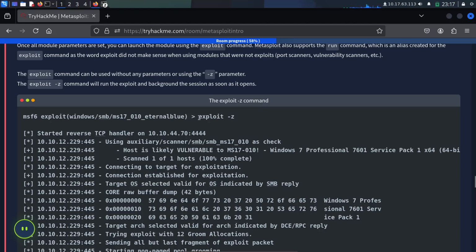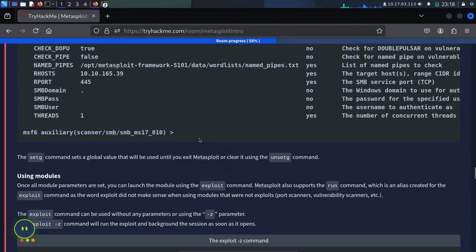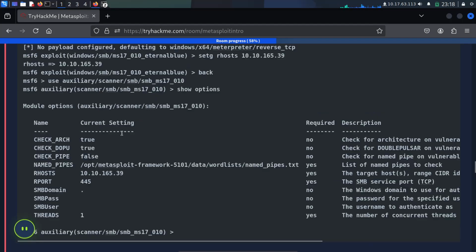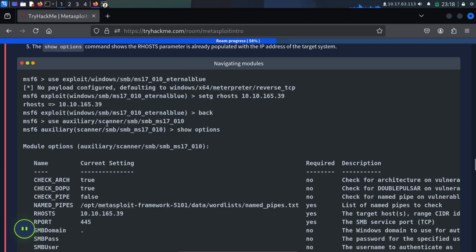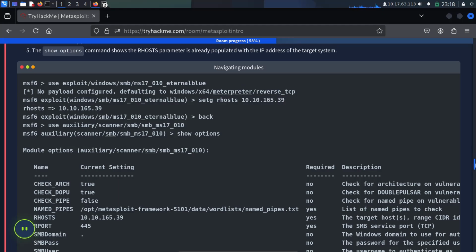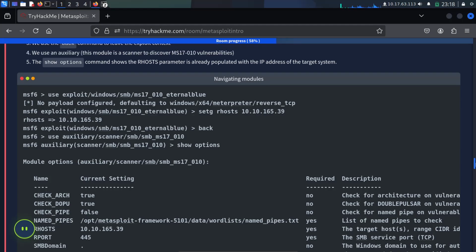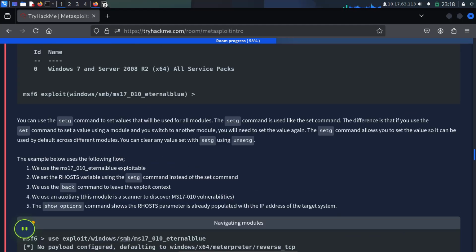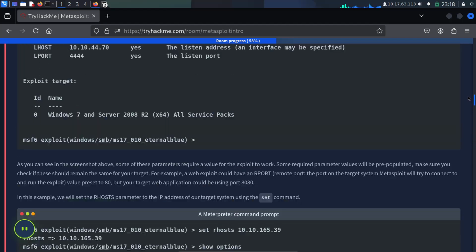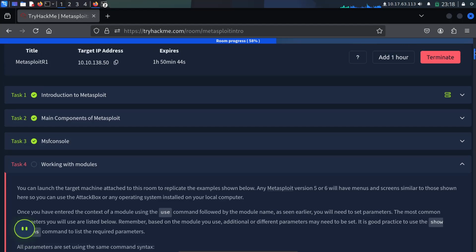We can try to exploit. Oh, we need to set. We need to set RHOST. Set RHOST.